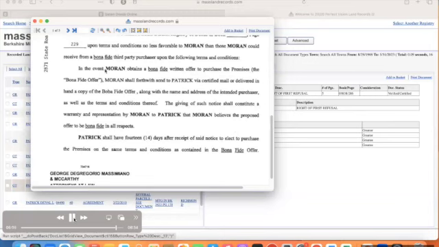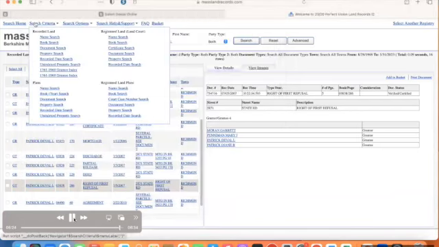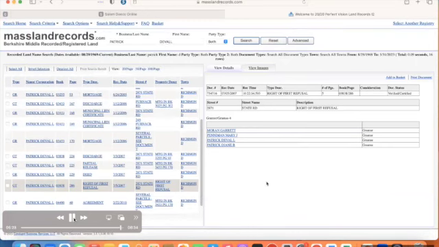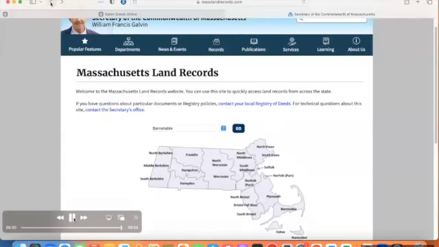So if their neighbor decides to sell someday, they get the right to buy it back if they choose to reconsolidate their property, or if they have concerns about who it would otherwise be sold to, etc. So here's an example of an actual honest to gosh right of first refusal on the record, and that will stay there, and that will affect the transaction of this property all the way forward until it is either removed,